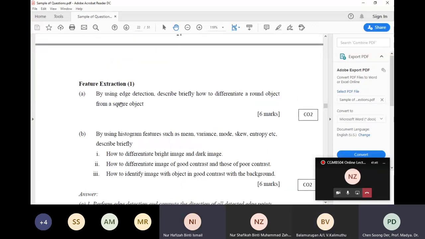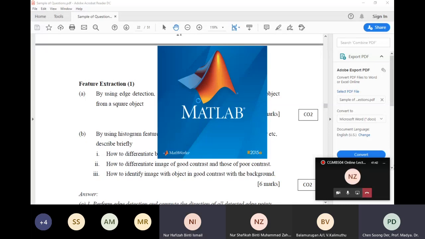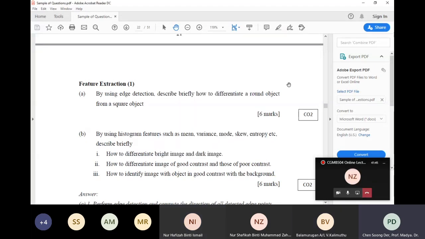By using edge detection, describe briefly how to determine a round object from a square object. Remember when you do edge detection, Sobel, remember Sobel? You calculate the edge direction. So how do we differentiate a round object from a square object based on the